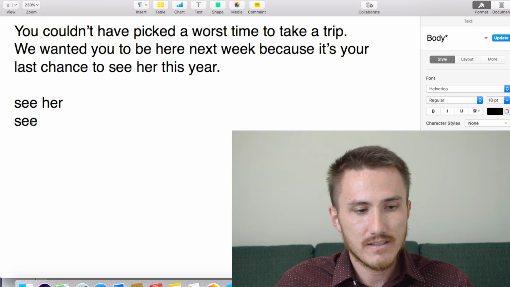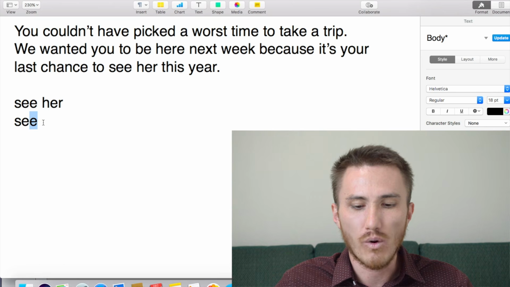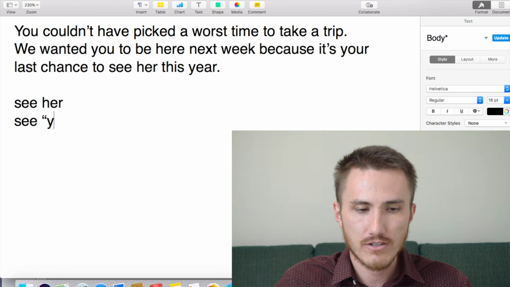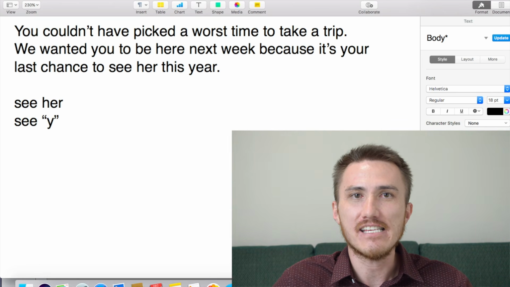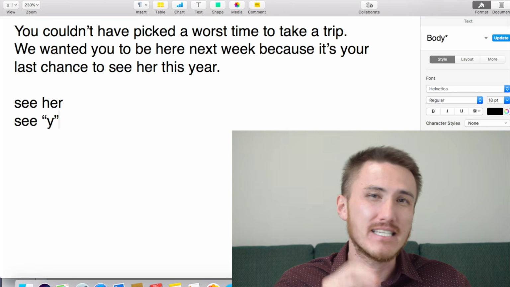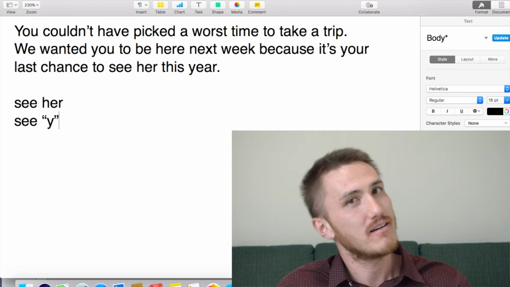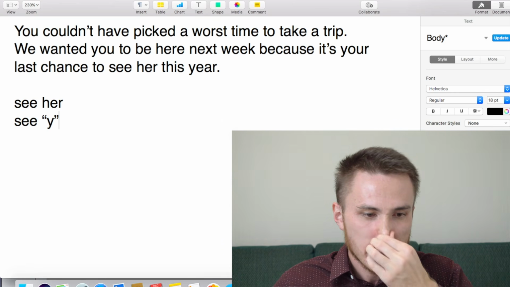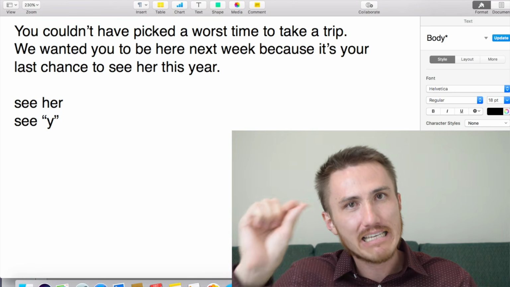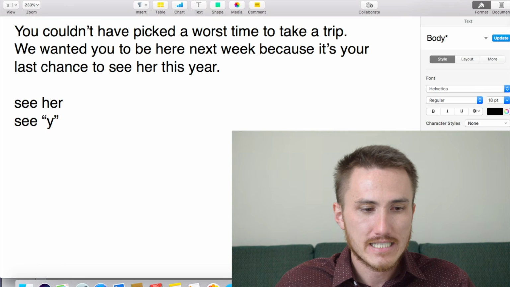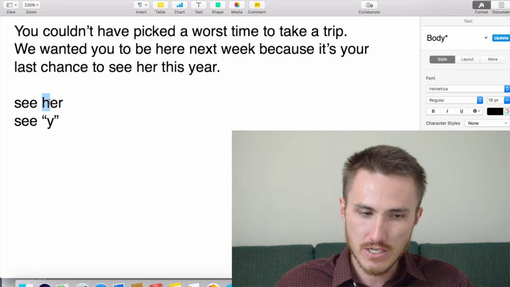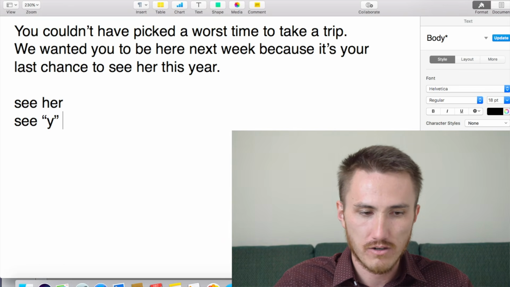This E is a vowel, but it ends with a Y sound. Notice "see," my mouth is in position for a Y. So it really ends with a Y, a consonant sound, so this is going to link to the next word. It's going to skip over the H sound, and we're going to say